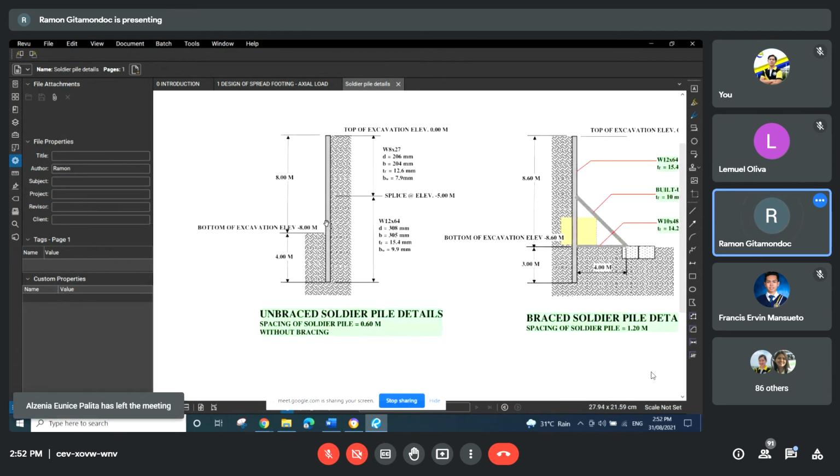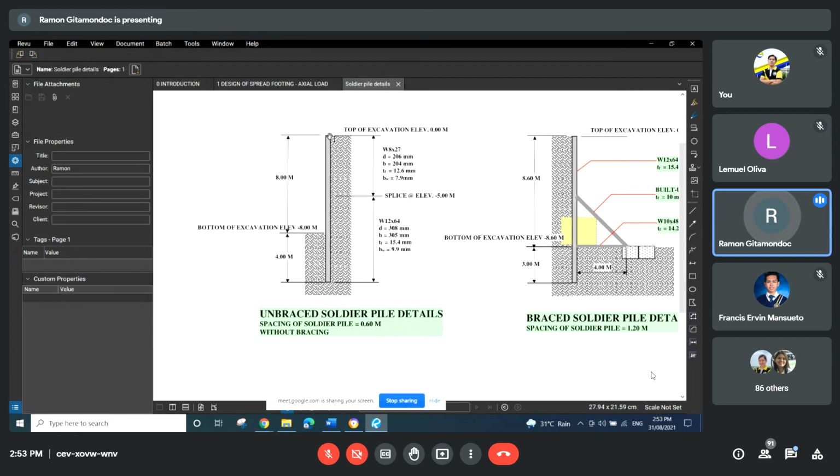So the contractor is to excavate 8 meters depth of excavation. So you have the top of excavation at elevation 0 and the bottom of excavation at elevation -8. So to retain the soil mass here, so that it will not collapse once you excavate this part,